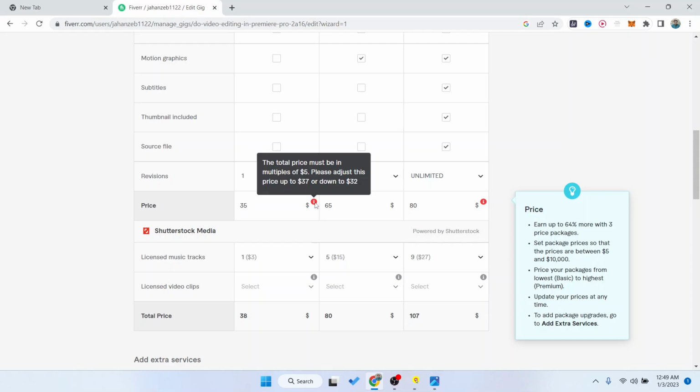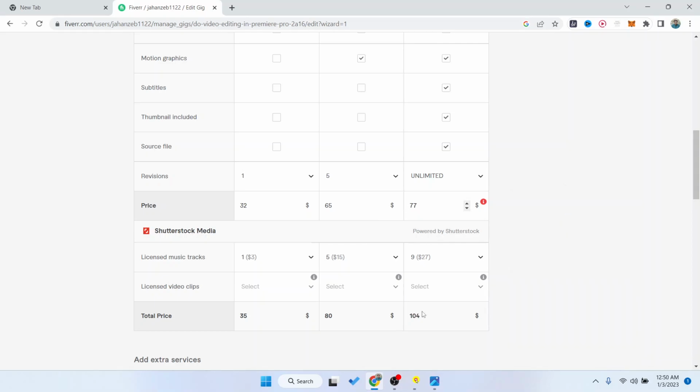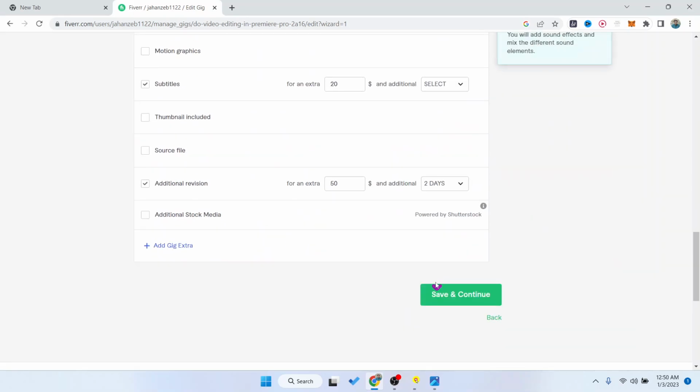So here you can see that. So we can add it to 32. Okay, and make it 77, so it will be 78. Okay, and then you need to click on save and continue,